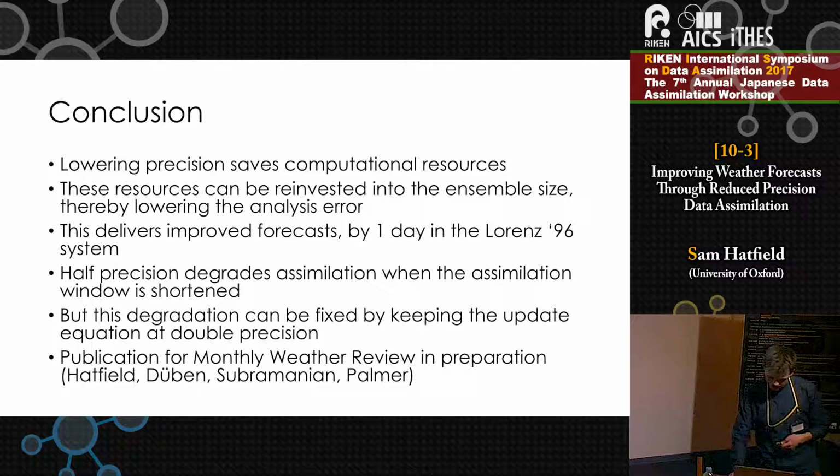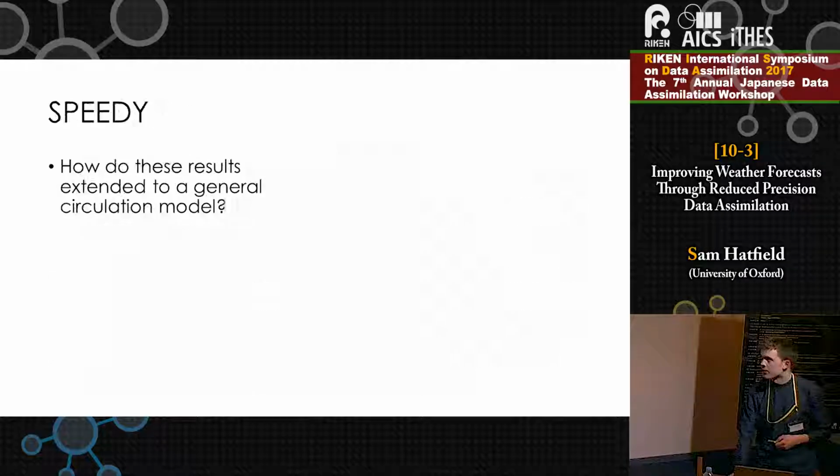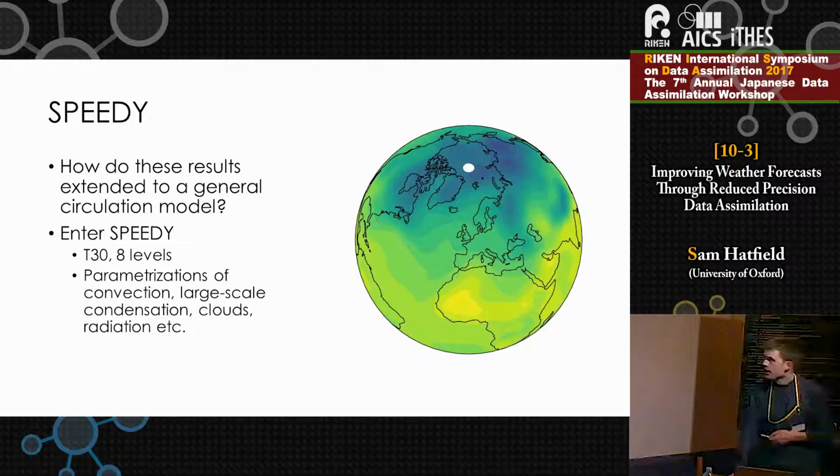Next, I'm going to be performing the same investigation, but with an actual general circulation model. For that, I've chosen Speedy. For those who aren't familiar with it, it's a simple spectral model you can run on your desktop. It's T30, which means it's roughly 400-kilometer grid spacing, and it's got a fair amount of model complexity. I don't have any data assimilation results to show yet, but what I can show is the model itself